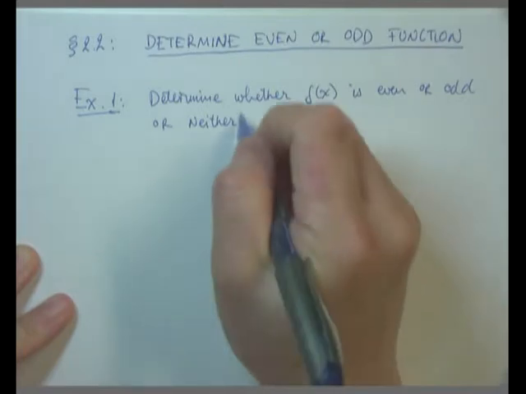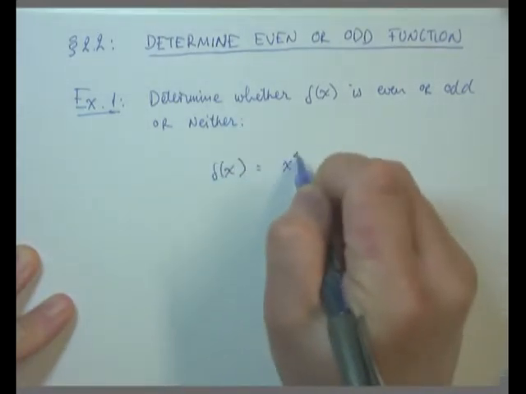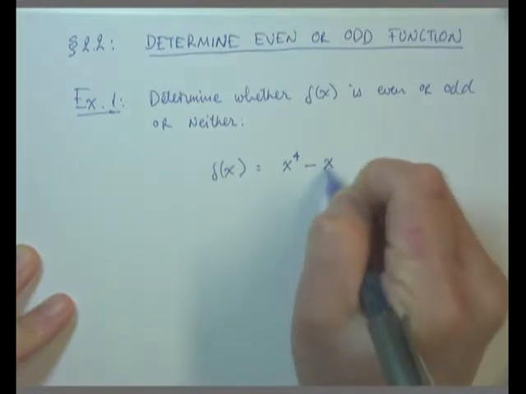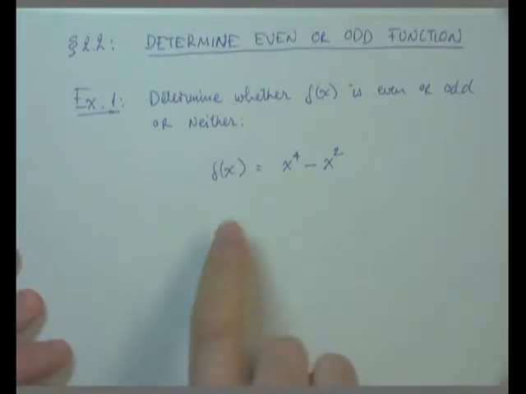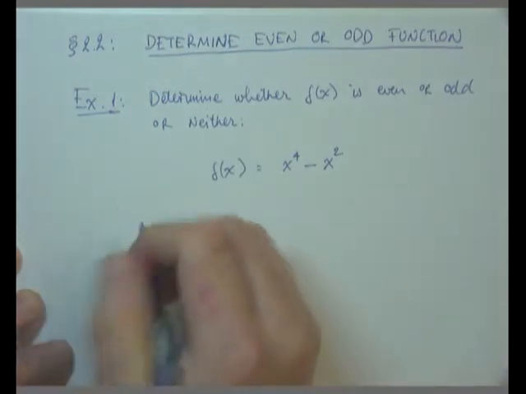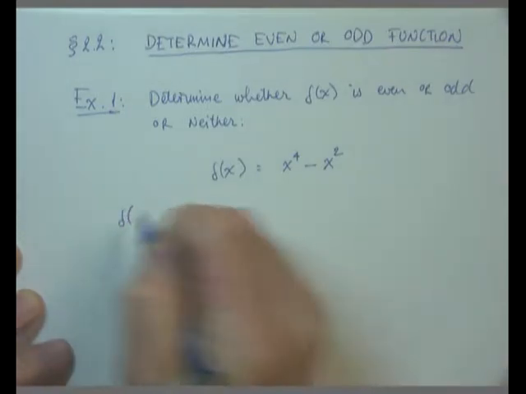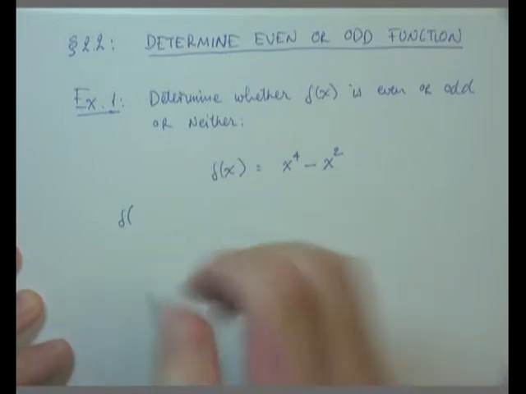The function f of x here is f of x equals x to the fourth minus x squared. Always, to check whether a function is even or odd or neither, you need to start out by replacing. If you notice this function, the input is the x,